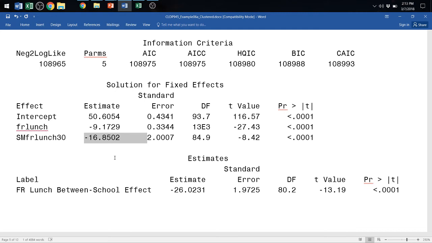So, but yeah. So the between school effect is minus 26. After controlling for the individual effect, it reduces to minus 16. But it still means that if you are fine, your parents have lots of money, you are still hurt by going to a poor school. So how much are you hurt due to your individual